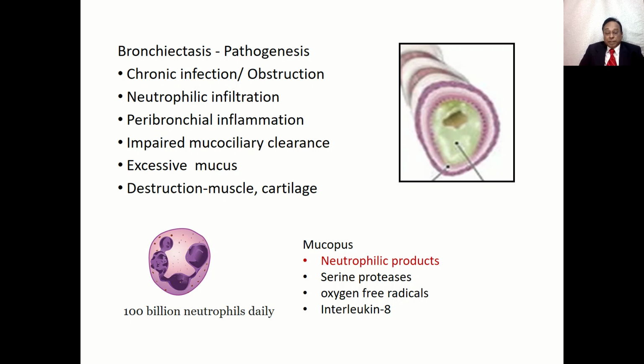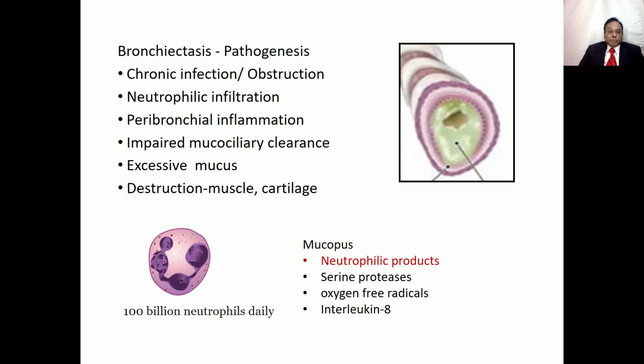That is the reason why the child coughs every day, recurrent, chronic, a productive cough that might last throughout life. Cough is the one that compensates. And because there is impaired mucociliary clearance, there may be excessive mucus. Normally everybody produces mucus, even to the tune of around 500 to 750 ml. Here there is an enormous amount. So this mucus again becomes the nidus for the organism, and it becomes a vicious cycle,